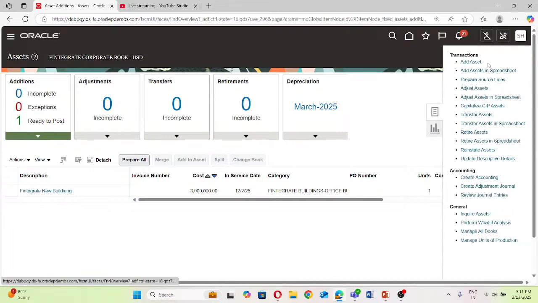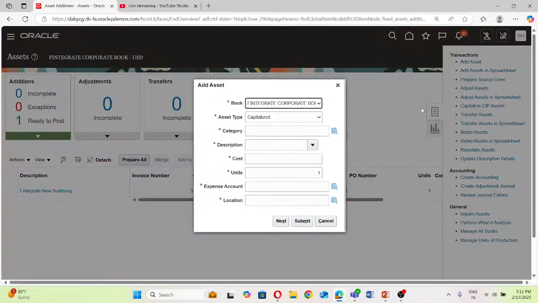So add asset because we are adding CIP asset. Now we'll add the asset type, not capitalized, this is CIP. So choose CIP, the category major and minor,